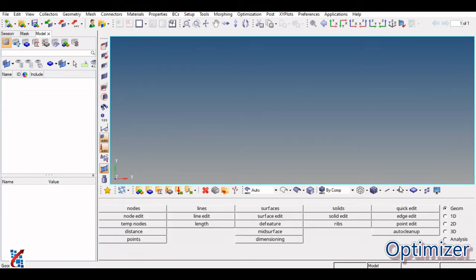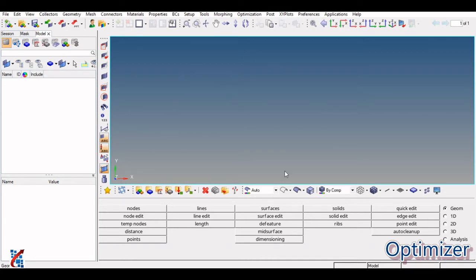Okay, and whatever you are seeing at this location, these all are toolbars of the Hypermesh. Now if you just see this left side view, this left side is called as tab area, where different menus are there. And now last part, that is, if you just see this file, edit, view, it is called as pull down menus. Why it is called as pull down? Once you are going to click on this one, some down options will be shown. So that's why it is called as pull down menu.